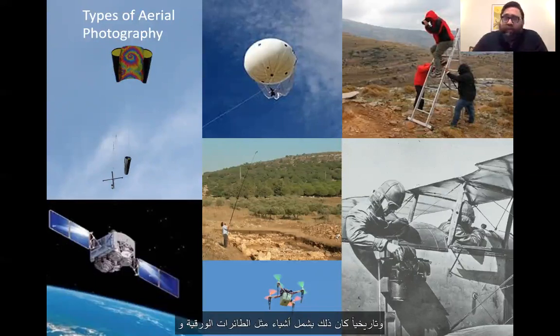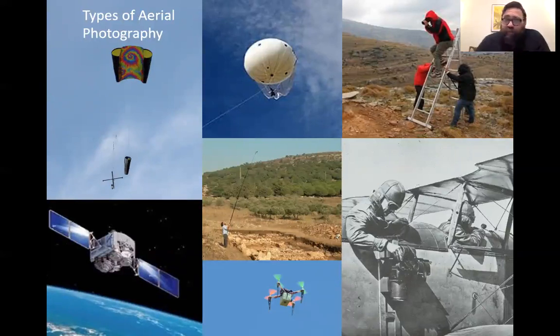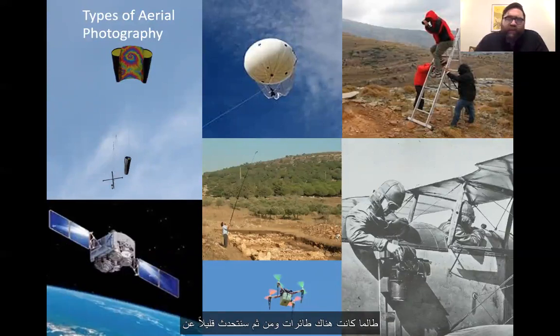Historically, this has included things like kites and balloons, and the low-tech ladders I was showing in the previous slide. There's a lot of value in pole aerial photography, getting a camera up above the sites using a pole, like I'm doing in this image here in the middle from a couple of years ago. And then there are the much more costly and difficult to arrange tools of using full-scale aircraft to fly overhead to take images down, which of course archaeologists have been doing for as long as there have been aircraft. And then we'll talk a little bit about the value of satellite photography,